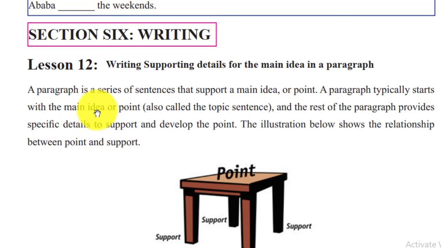a paragraph typically starts with the main idea እንግዲህ paragraph ብዙ ጊዜ በዋና ሐሳብ ነው የሚጀምረው or a point. Also called the topic sentence ይሄ ኃይለ ቃል that contains the central idea of a paragraph. a paragraph ዋና ጽንሰ ሐሳብ የሚይዝ በሱ ይጀምራል ብዙ ጊዜ። and the rest of the paragraph provides specific details ቀሪዎቹ specific details ነው ዝርዝር ጉዳዮችን የሚያቀርቡት to support and develop the point ዋናውን ሐሳብ ለማጠናከር የሚመጡ ይሆናሉ ቀሪዎቹ ማለት ነው። ከዋናው ሐሳብ ከተቀመጠ በኋላ supporting ነው ደጋፊ ሐሳቦች ናቸው የሚመጡት።